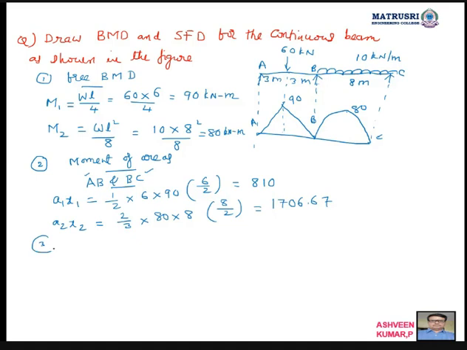That is the second step. Calculation of moment of areas is the second step. Then using the theorem of three moments now. What is the third step? You want to use now the theorem of three moments, which means you want to use the formula. So here also only one span, AB and BC. What is the formula? MA.